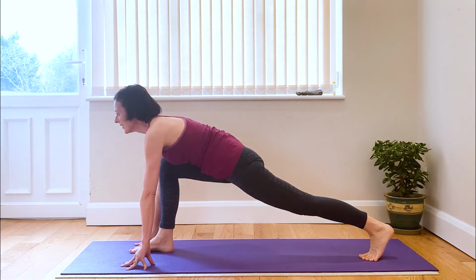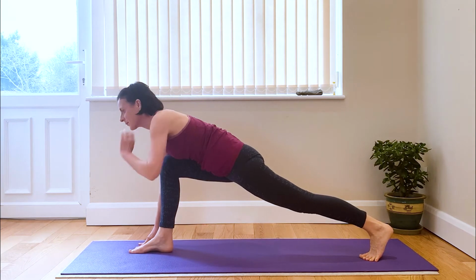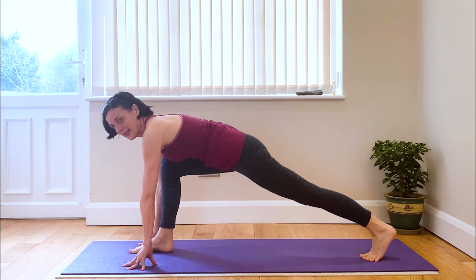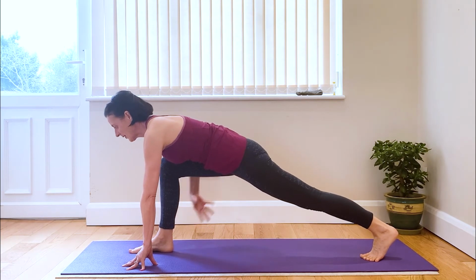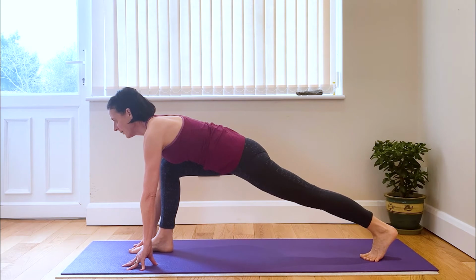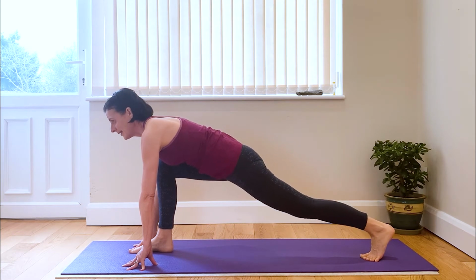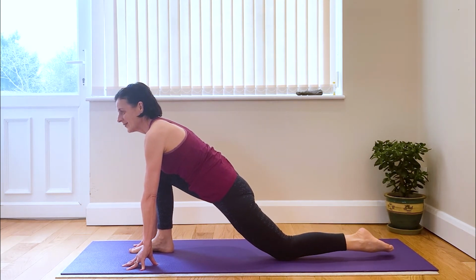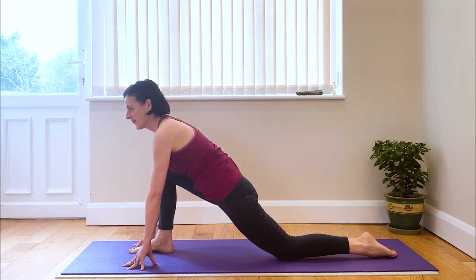Come into a high lunge first briefly. So push onto your back foot and the front foot, so there is a bit of lift in the hips here, and you lengthen from your back foot all the way to the crown of your head, and then take that left knee down, release the foot if you like,